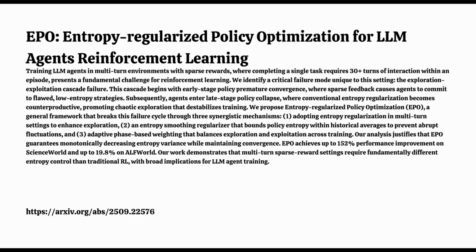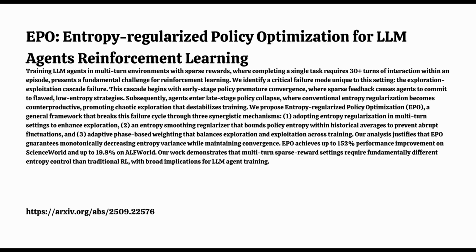Yes, the entropy smoothing regularizer. This is really key to stopping those wild swings we talked about. How does it work? It basically keeps a running history of the policy's entropy, like a memory of its recent stability levels. It creates a kind of safe zone based on this history. Like guardrails. Sort of. If the policy's current entropy tries to jump too high or drop too low compared to that historical range, it gets a nudge, a penalty, pushing it back towards stability. So it stops the agent from exploring too blindly early on and also prevents that chaotic uncertainty later. That's the goal. It dampens those extremes.